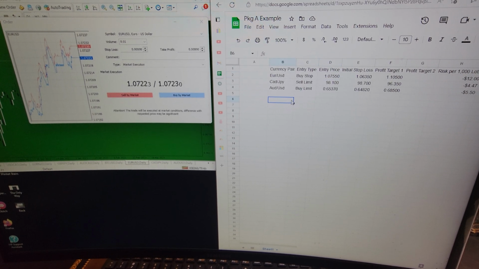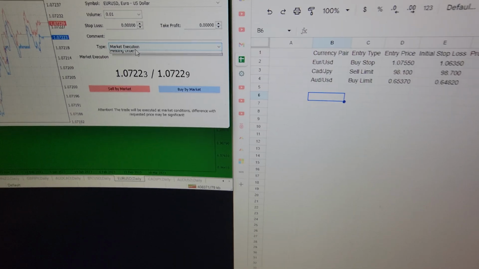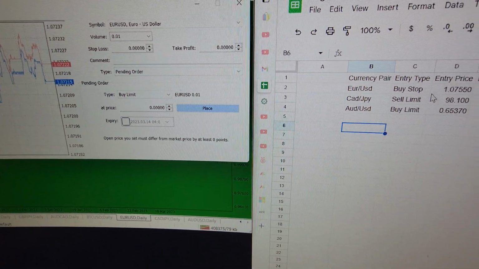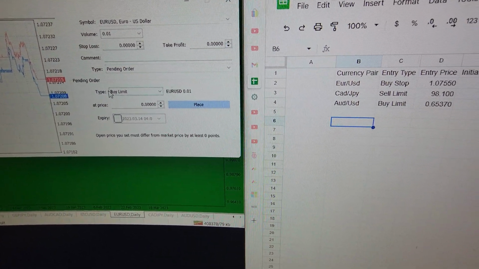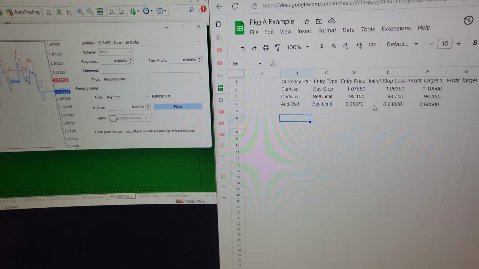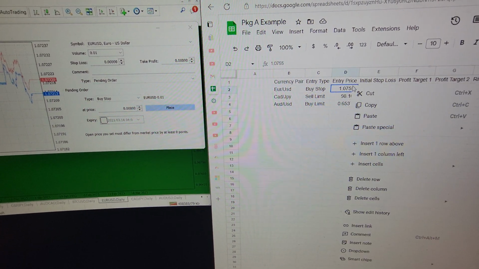Oh, I lied to you guys. My bad. So first you want to make sure that you have the correct entry type. So this over here is a buy stop entry type. So under type, we want to make sure that we have buy stop selected. Now when we come to the entry price, we want to copy,